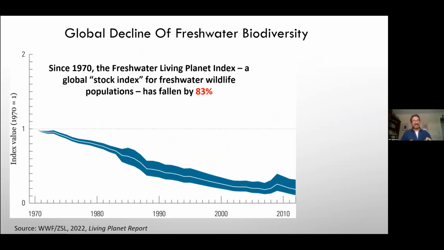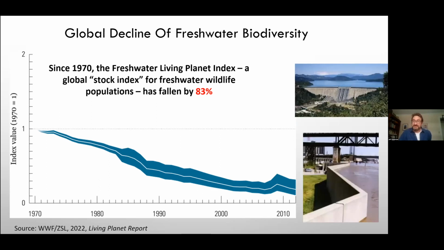It's an index of over 30,000 distinct populations of vertebrates that have been tracked over time, and their abundance is tracked over time. And then the Living Planet Index consolidates that into an overall trend for the Earth. It's a little bit like a stock index that puts together a whole bunch of stocks and tracks the overall market. This is the market of vertebrates, of wildlife. And those vertebrates that depend on freshwater, lakes, rivers, wetlands, have declined about twice as fast as populations that live on land or in the ocean. So there's a true crisis in biodiversity and wildlife in freshwater.